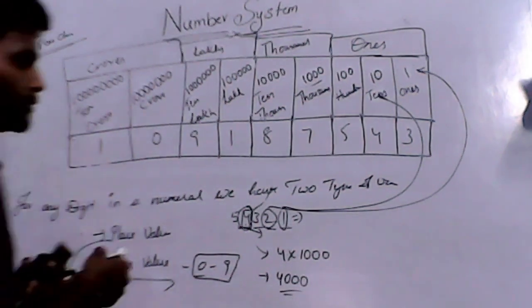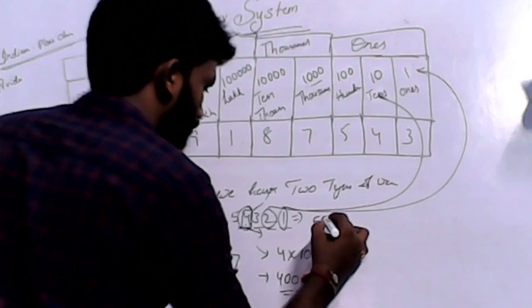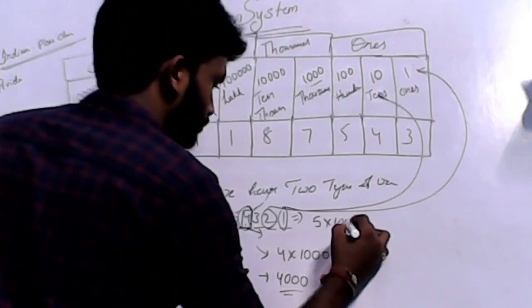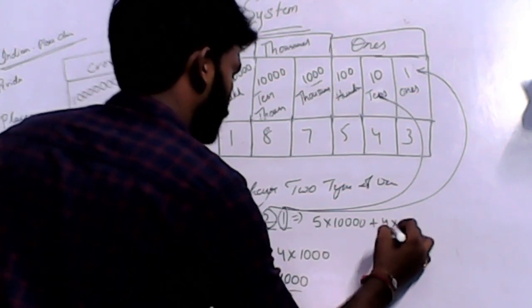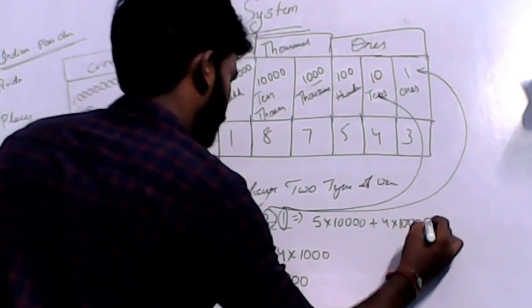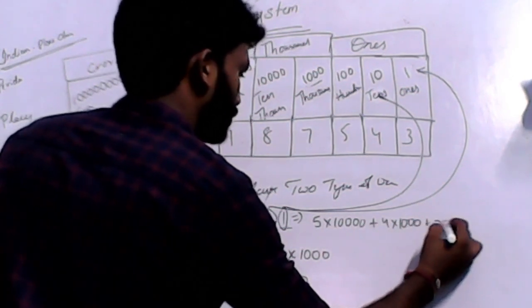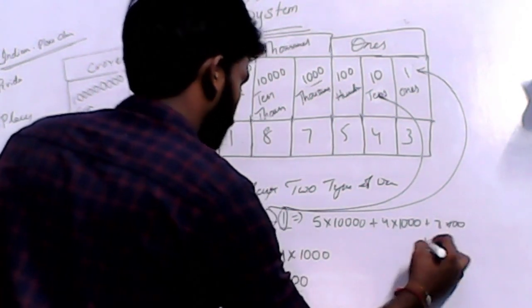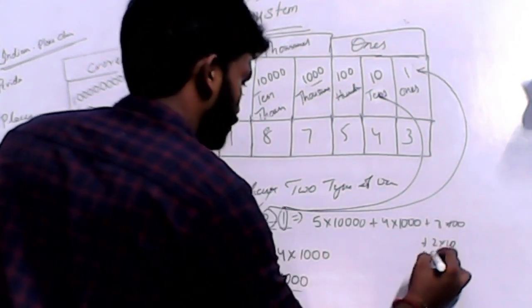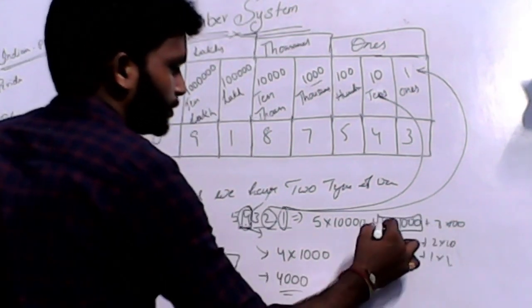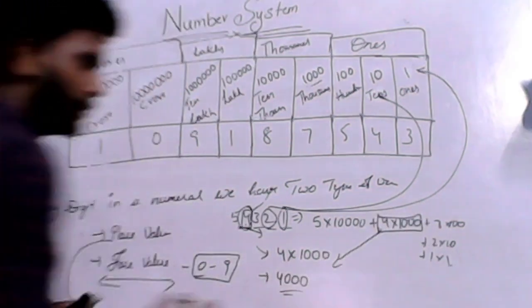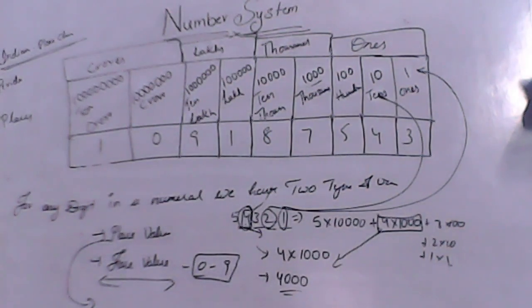Okay? Even we can write it as 5 into 10,000 plus 4 into 1000 plus 3 into 100 plus 2 into 10 plus 1 into 1. So here in expanded form, whatever we see, that is the place value for any digit. Okay? So here,